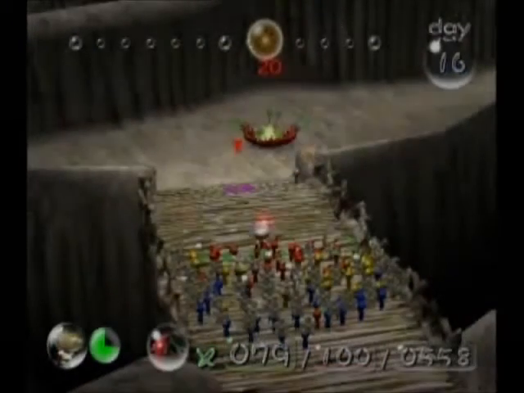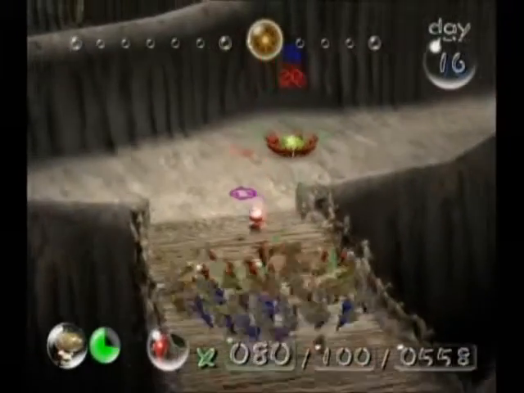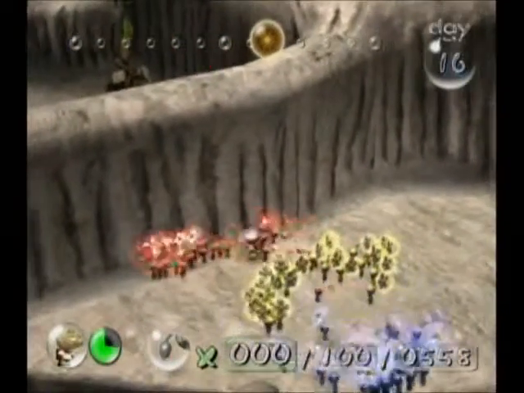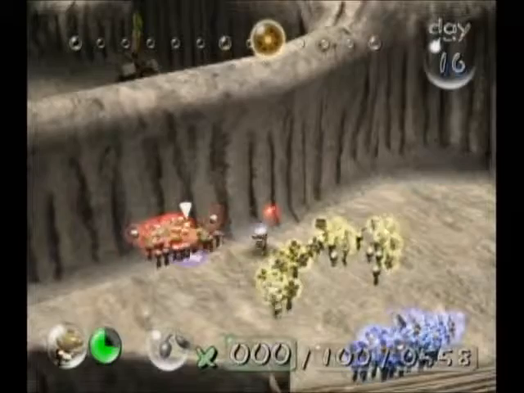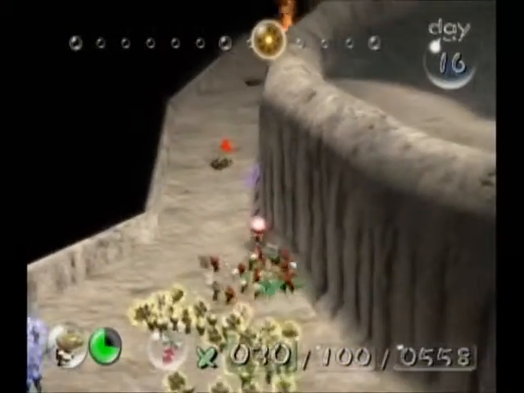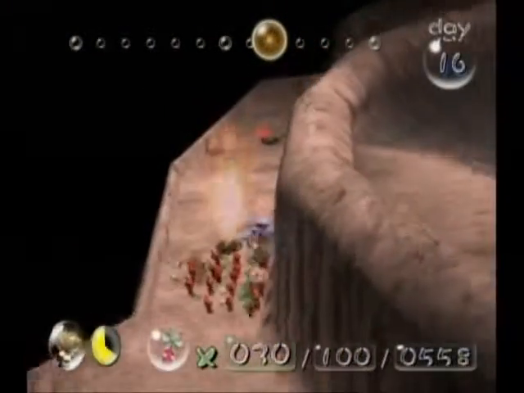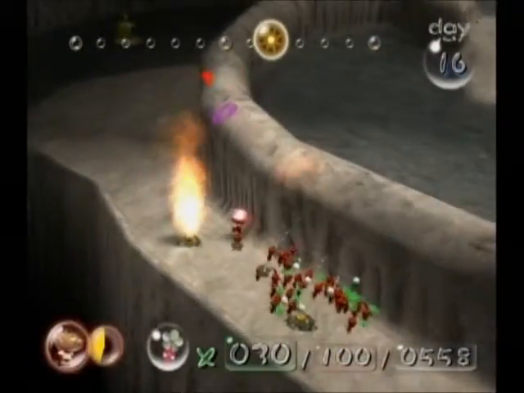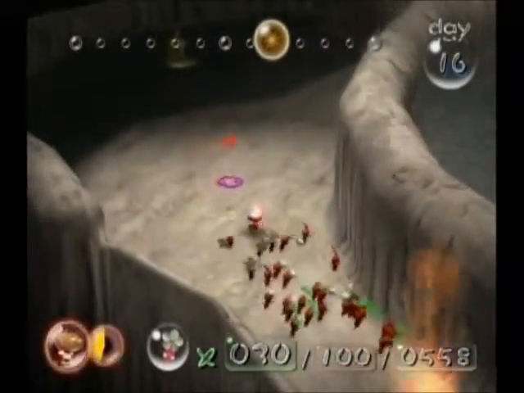Oh, there's the other idle one. Alright. So, just reds. Otherwise, yellows and blues will try to carry it back to base, and they will get burned in the process. Alright, so want to grab these red... Ow! As I said, we want to grab these reds, hug the wall, because even though red Pikmin are immune